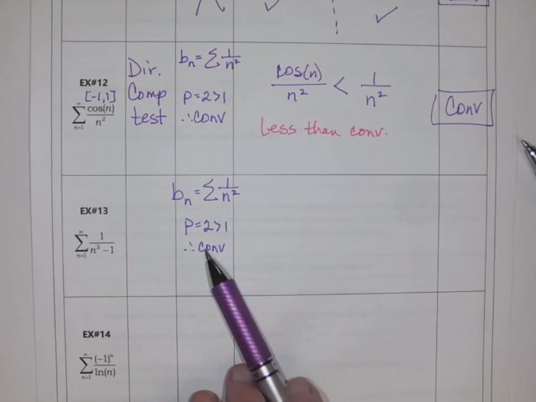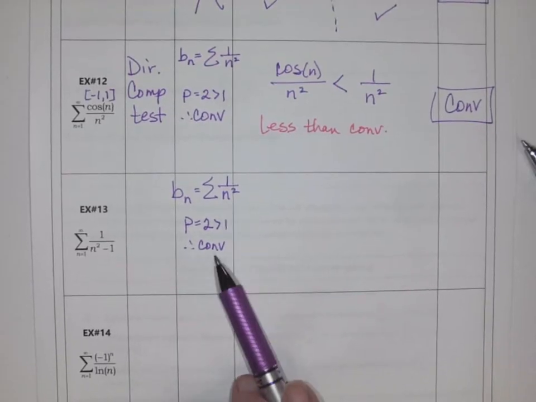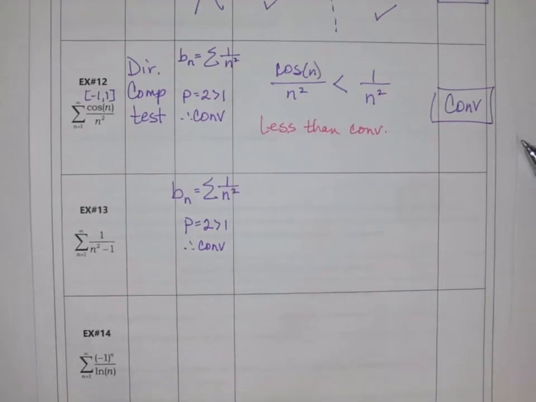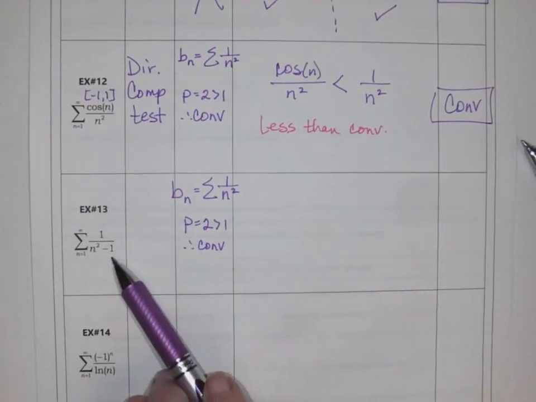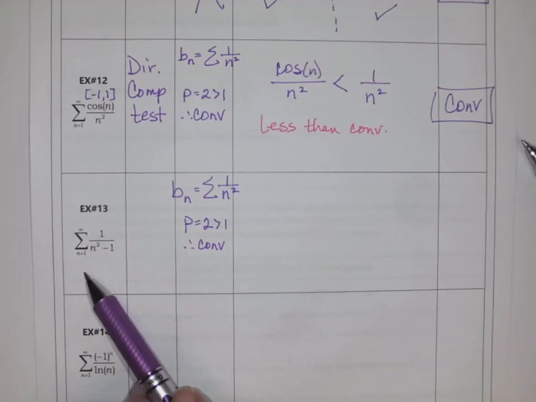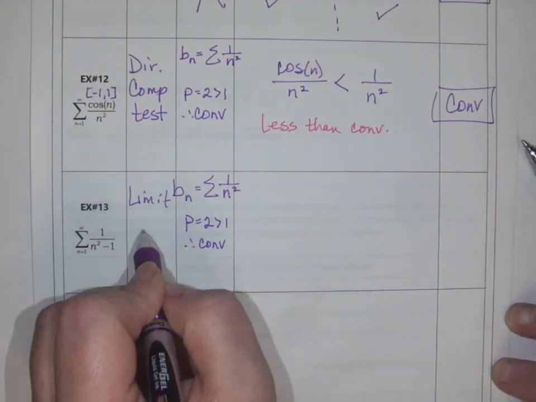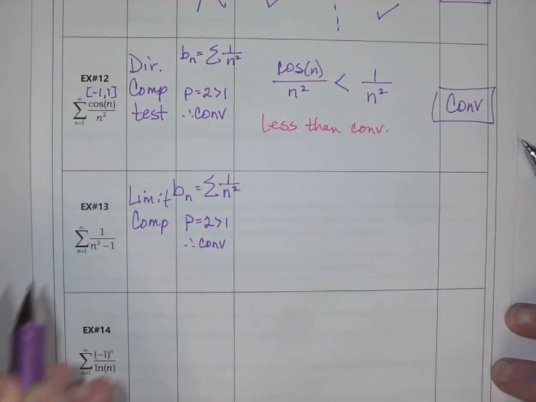We need to be smaller than 1 over n squared because we have a convergent series, and remember, it's less than a convergent. Well, if I subtract 1 from the denominator, that actually makes the function bigger, the fraction bigger. So we are not lined up. So if we can't line up, then we're going to switch gears and go to limit comparison